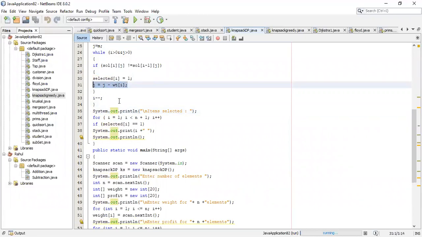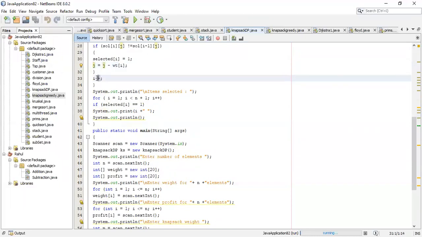What is this step? Move one row above, and move left hand side by the weight of the included item. If you see the previous step in the matrix in this video, I moved one row above and then moved left hand side by the number of times that is the weight of the included item. So here I subtract from j, j meaning the column, the weight of the item that is being included. It is the same way like I move left hand side. After moving left hand side, I move one row above. i minus minus means I move one row above.